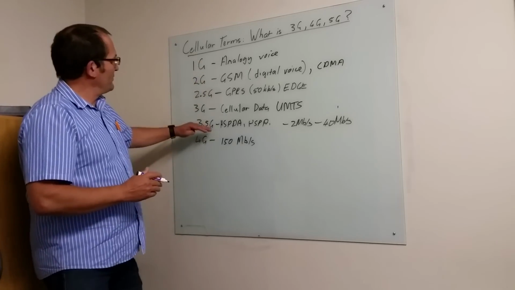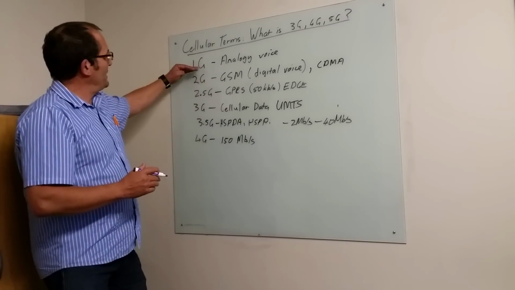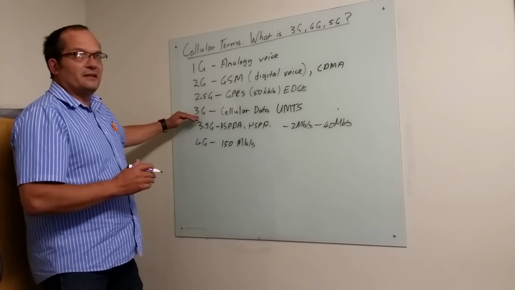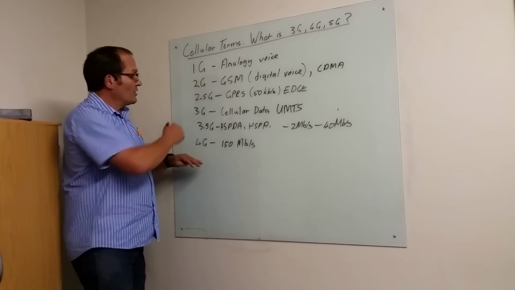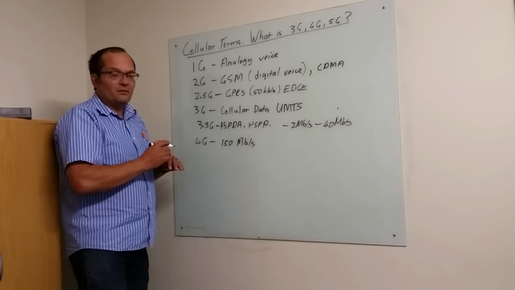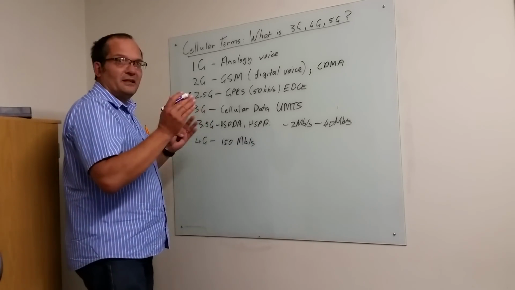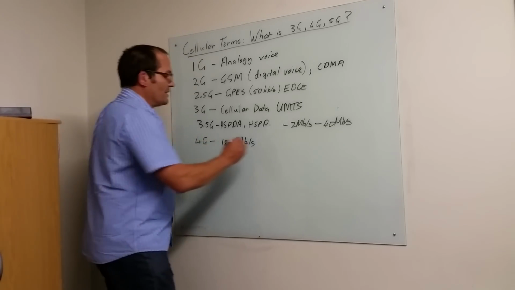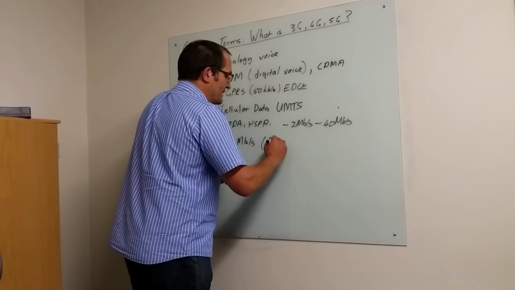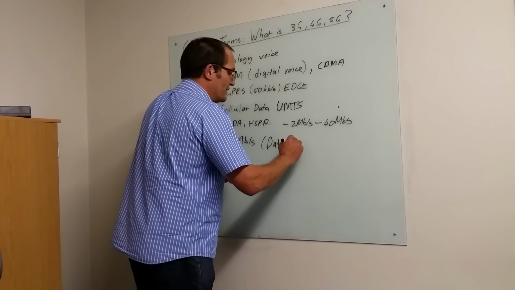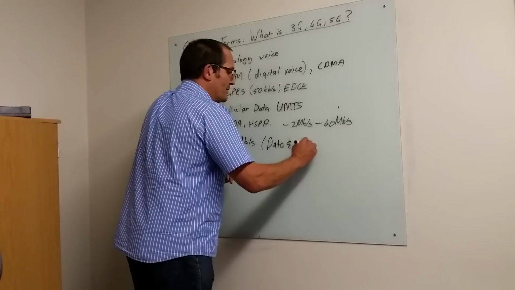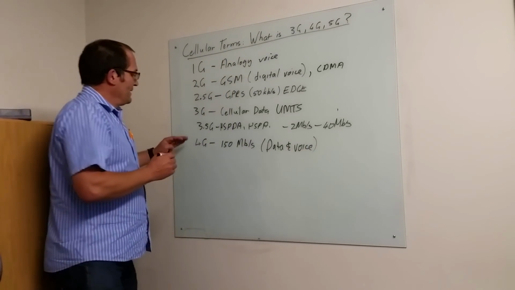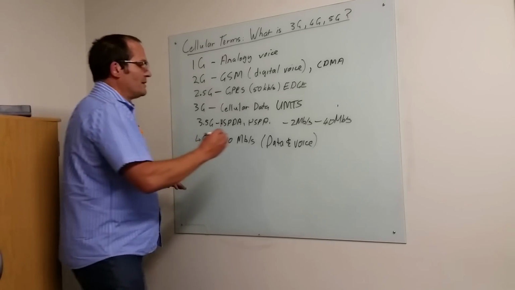So creeping along here, but this is a complete new standard. You can't retrofit. All of these you could fold back, so not all the way there, but typically if you had a modem, for example, here, it will still do this, it will still do this, and so forth. This is new. You can't mix the two. This can't fall back to any of these other ones, which is why they need new spectrum, and it's a problem, but of course, at the end, all of these will go, and this will do everything. So this, people must never forget, is data and voice. You think of it as a data standard, but ultimately it will do both, because of course both is just data.